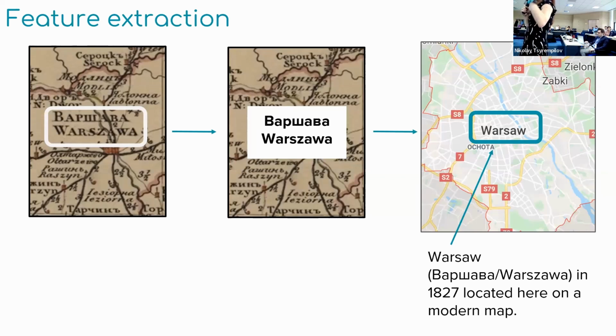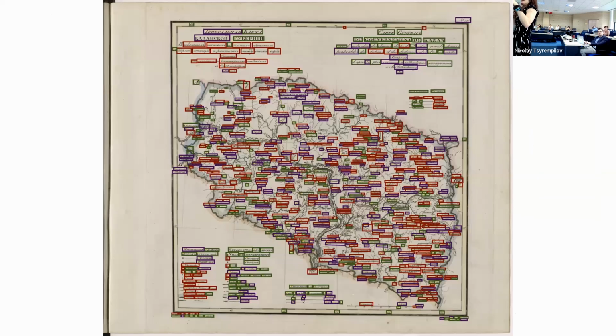So she worked on three different provinces. This is looking at the Kingdom of Poland. We have Warsaw, and you can see various ways that gets represented in toponyms. So she ran this map through the image processing tool, and anything that is in a rectangle was recognized as a piece of text that the computer was able to extract. So this is really, really exciting, right? We could just do this and not have to manually extract all these place names.